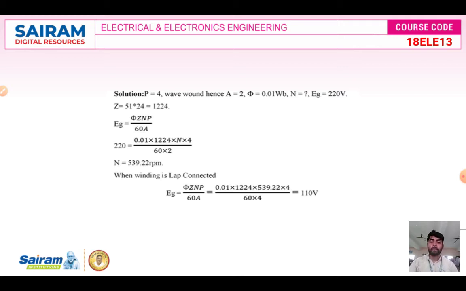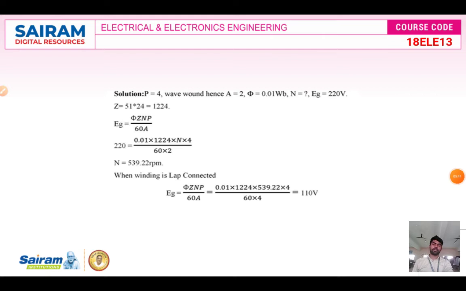That's what. So lap wound DC generator is for low voltage, high current application. But wave winding is for low current, high voltage application. Okay, that is wave winding. Wave, in a sense, is a wave-like structure, with parallel paths only two, and in lap winding A is equal to P. A is equal to number of poles is equal to number of parallel paths. Right.